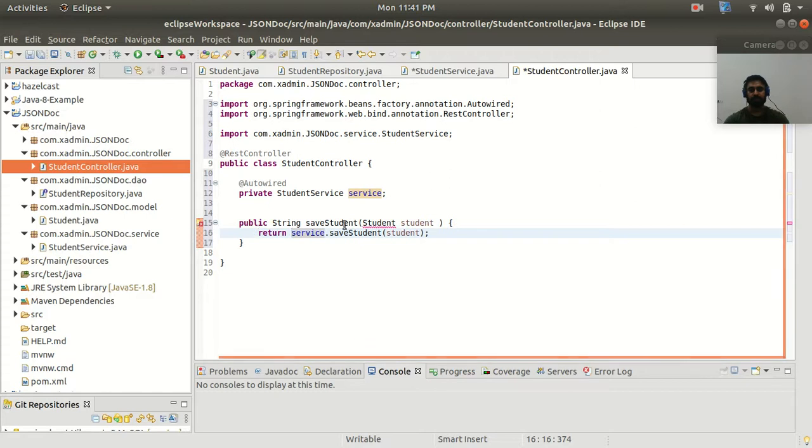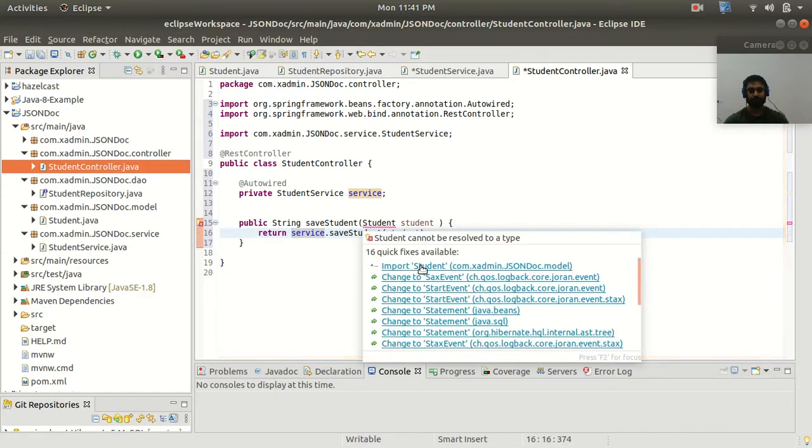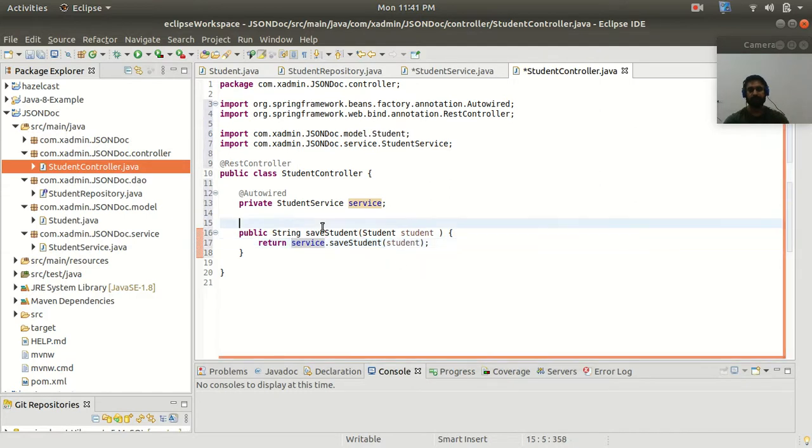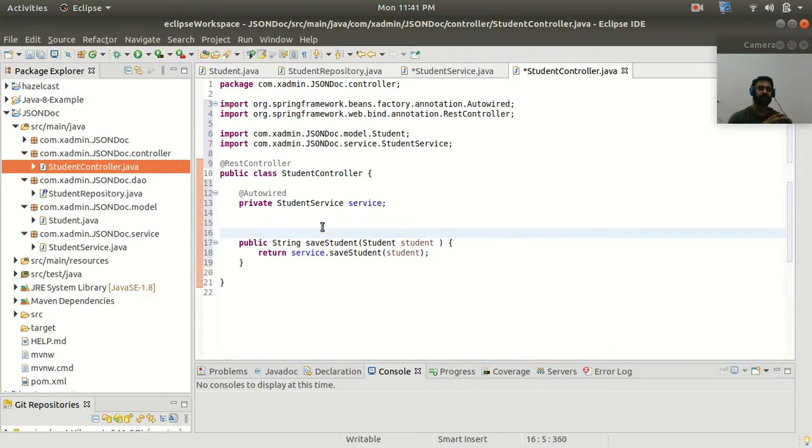So we have created one method. So let me import this with the model. And here guys, we need to annotate with the annotation like @PostMapping. But guys, here the PostMapping does not work with the JSON doc. So we need to use the @RequestMapping annotation, and then inside that argument I will provide the value, the URL value, and also a method as a post, right?